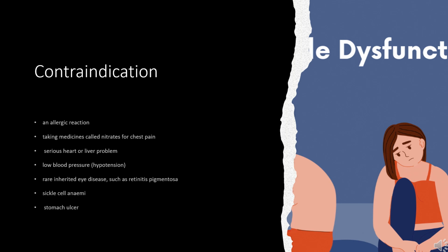Contraindications. Tadalafil is contraindicated for patients known to have ever had an allergic reaction to Tadalafil or any other medicine, are taking medicines called nitrates for chest pain, angina, have a serious heart or liver problem, have recently had a stroke, heart attack or a heart problem. Your doctor should carefully check whether your heart can take the additional strain of having sex,